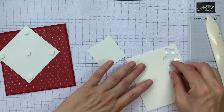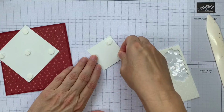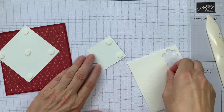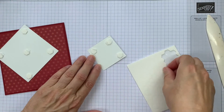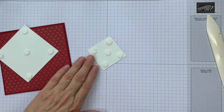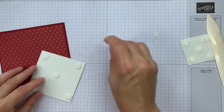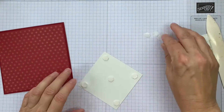and I'm going to do the same with this. If you need to be careful of postage prices, then usually a couple of layers like this is fine with UK Post, but if you want to be extra careful, then just use dimensionals on one layer if you prefer. So I'm going to take the backing off of those,